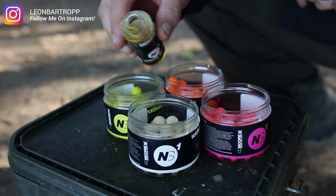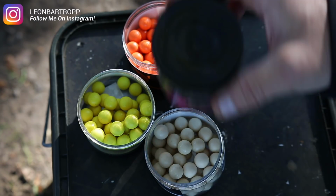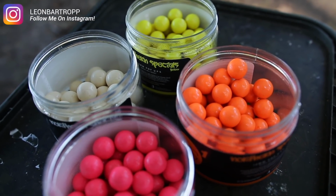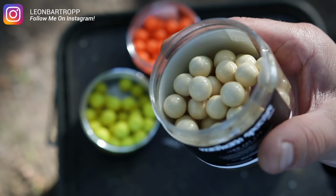them a good shake, let them suck in for a few hours, put a bit more on, put the 2 liquids on or the 1 liquid, whatever you're going to use, spray them on, let them soak in it a little bit, glaze them, don't really glug them, just glaze them, and keep on doing that, keep on building up so it's sucking it. As soon as you notice that they're going a little bit dry, put some liquid in, and in about a month's time those baits will be absolutely raring to go, kicking out loads and